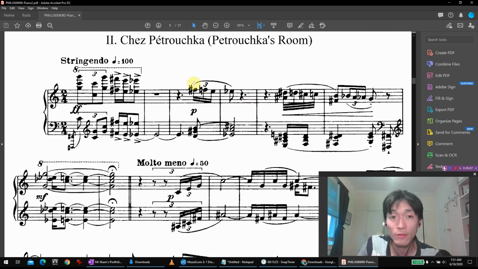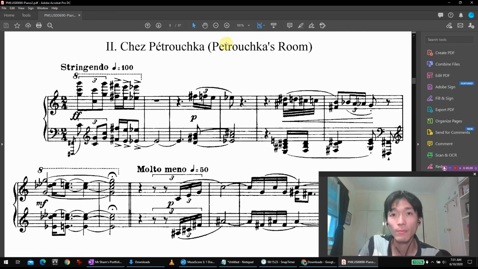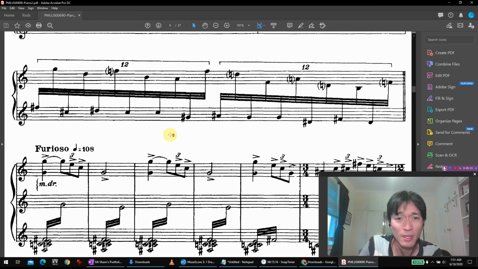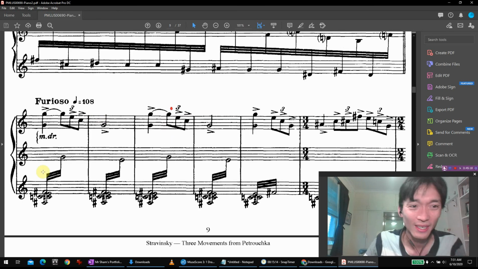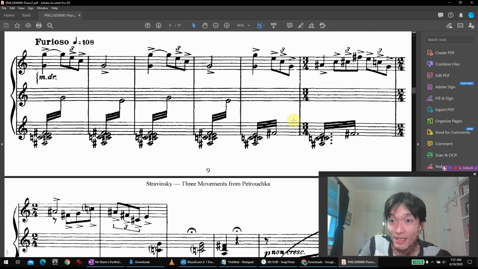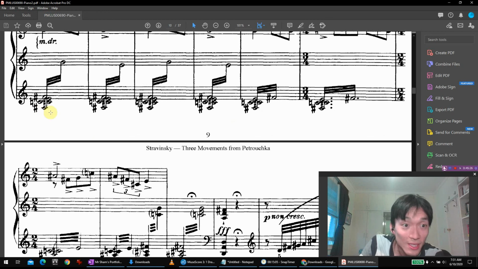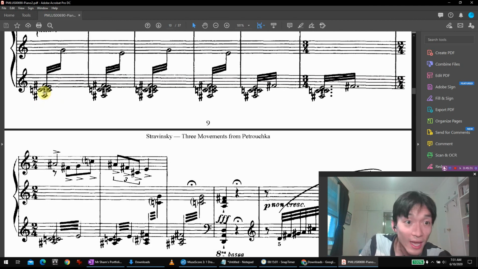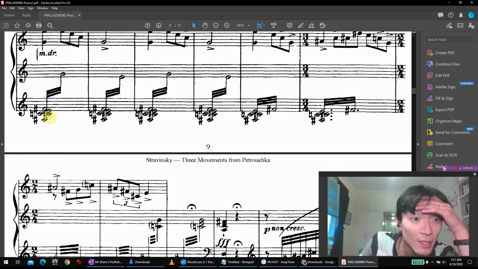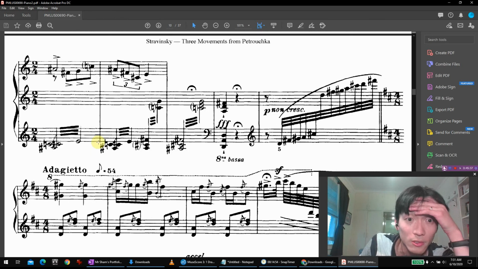This one is about the character Petrushka kind of crying in her bedroom, because she got banished or something like that. I've forgotten the story, but there's some Furioso happening with a crazy chord with a C major-ish sound at the top. Also polytonal because there's a bunch of sharps. I think that's an F sharp major chord-ish with an added C and E. So in fact, yeah, that's a polytonal chord.